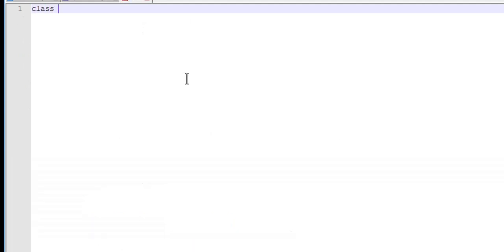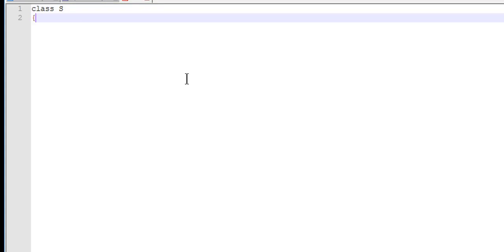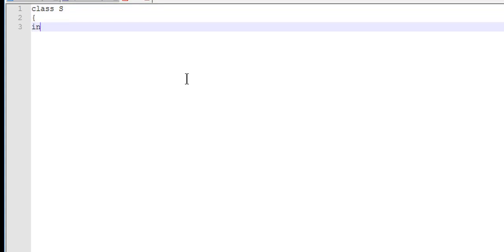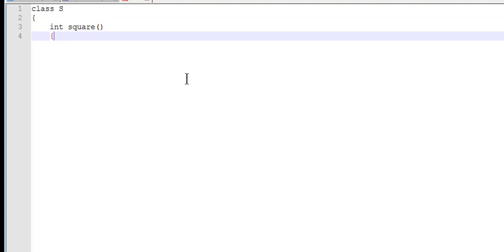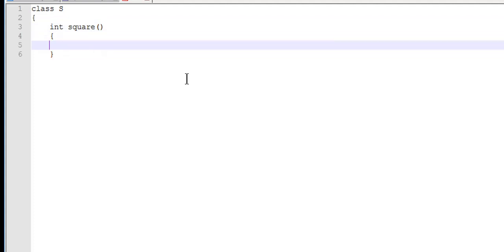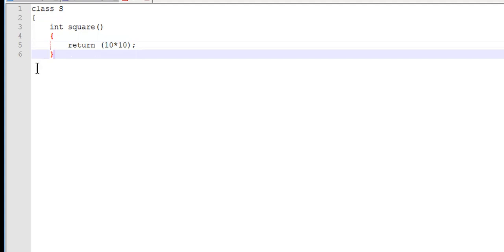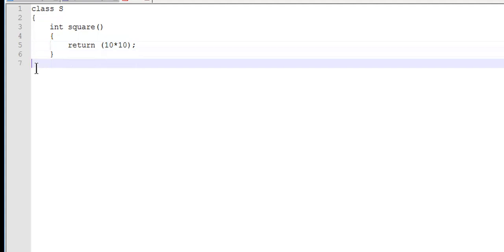Class S, int square. So square is a method name without any parameters. This will return the square of number 10. Return 10 into 10. This class is ending here.